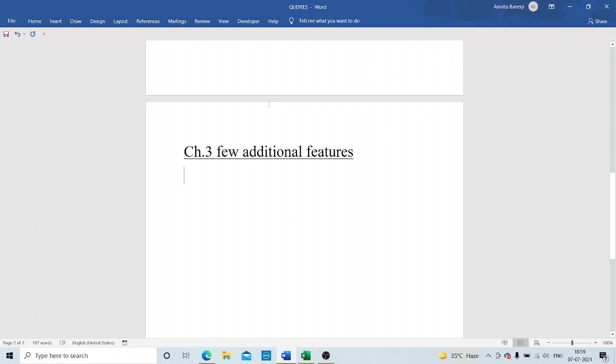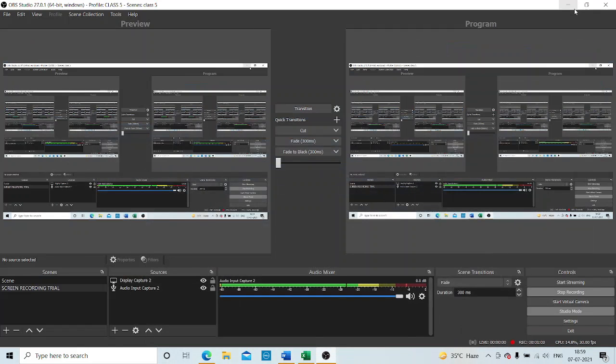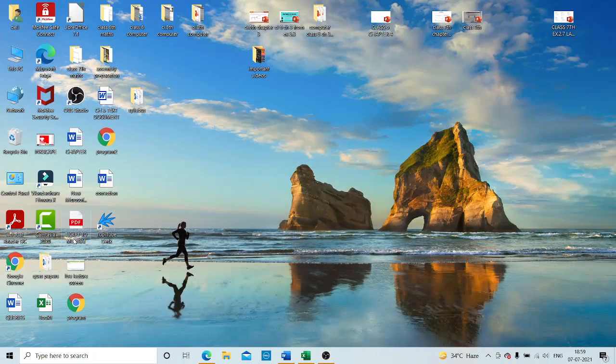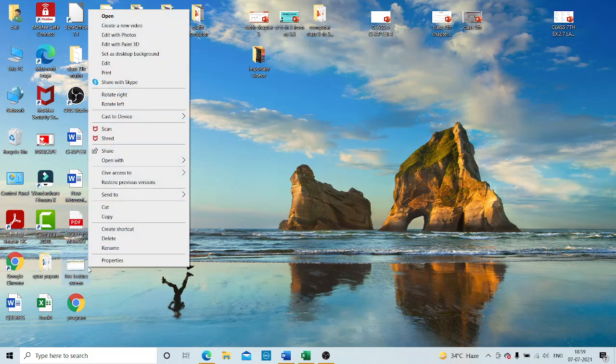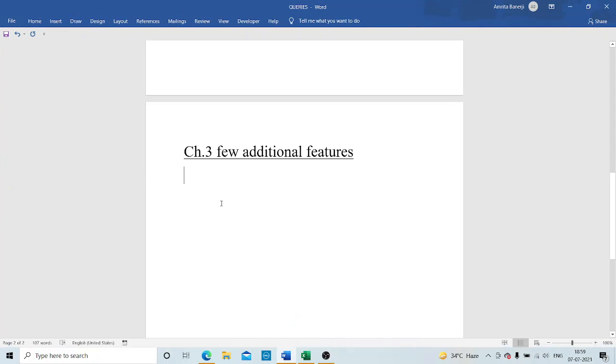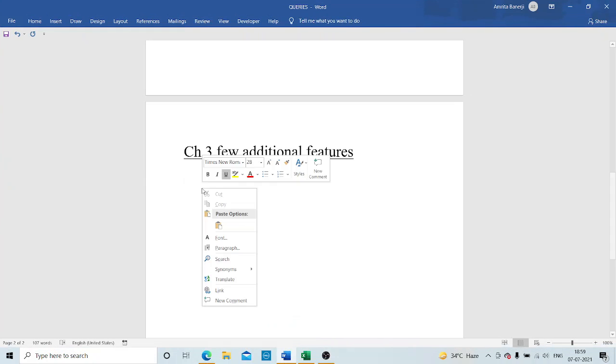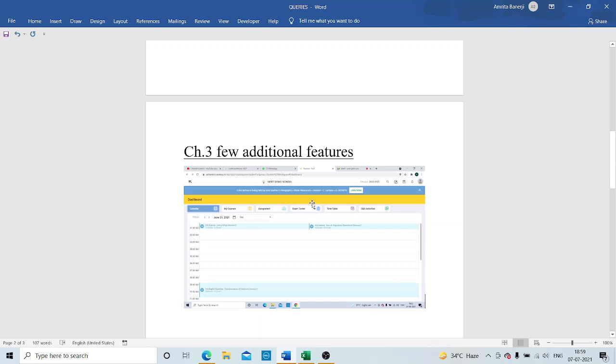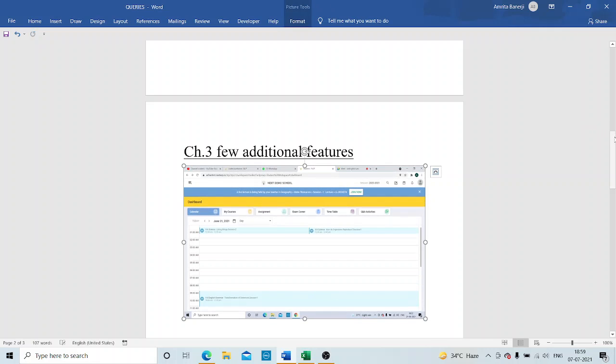So how I am supposed to add the image, you just check. I am minimizing it, and here I have one image, so I will just select this. I will right click, copy this, get back to my Word document, click here and click on the paste option. So children, see, the image has been placed over here in my document.